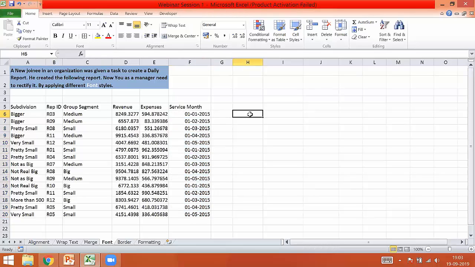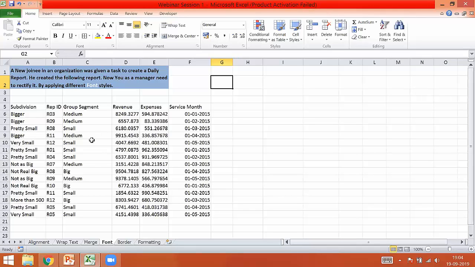Okay, this is how you can change the text, that is your numbers into certain dates. Fine. So now I have cleared all the different styles that were being applied by the new joinee. He was not really aware when and where they were collecting data, whatever the fonts were highlighted, they started applying it, or they started copying data from different sources where the data might have different font styles. So it has been applied in your data set.